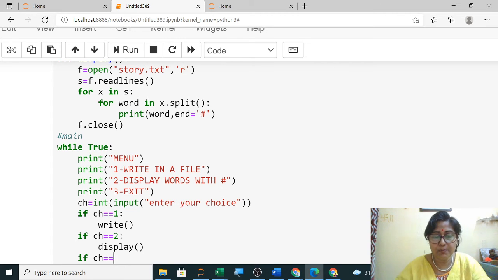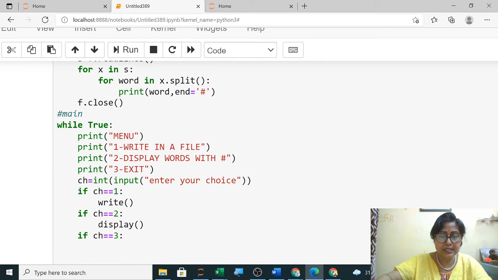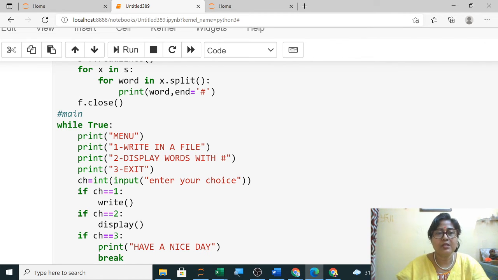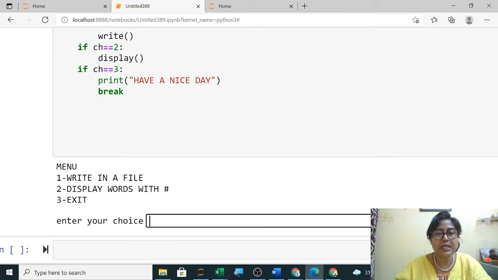I haven't used import sys, so I will not use sys.exit here. Print before exiting if you have to give a message. So this is the end, or have a nice day, and then exit. So I am writing break. So this is over. Now execute and see.